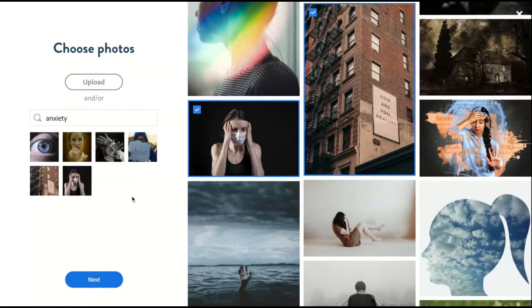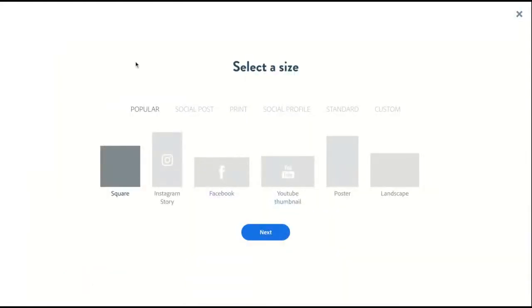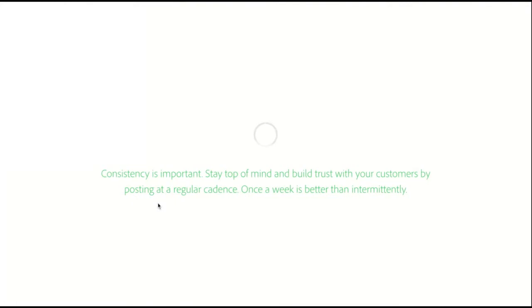Okay, so we've selected our images and then we click next. Now we choose the format that we want to share it in. So it could be as an Instagram story or the typical Instagram post, the square format, or you can create it for Facebook posts. It's entirely up to you. Typically, I just get them to do a 1-to-1 square. You click next. It automatically generates a photo collage.